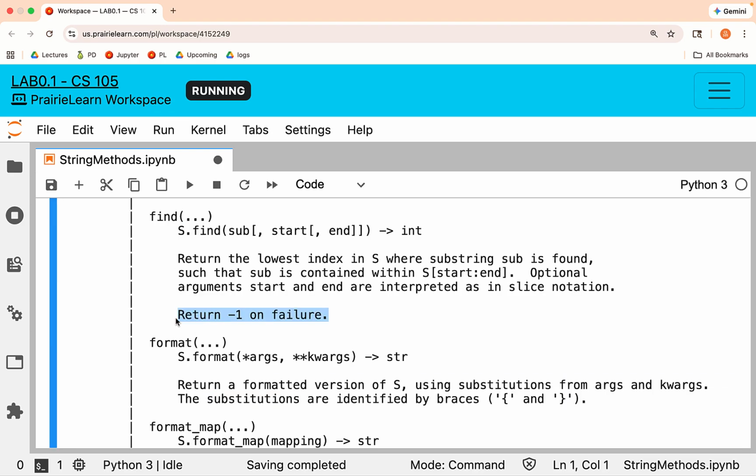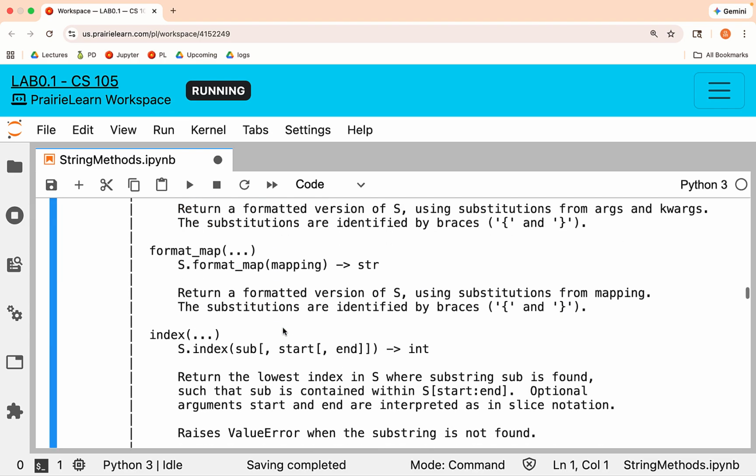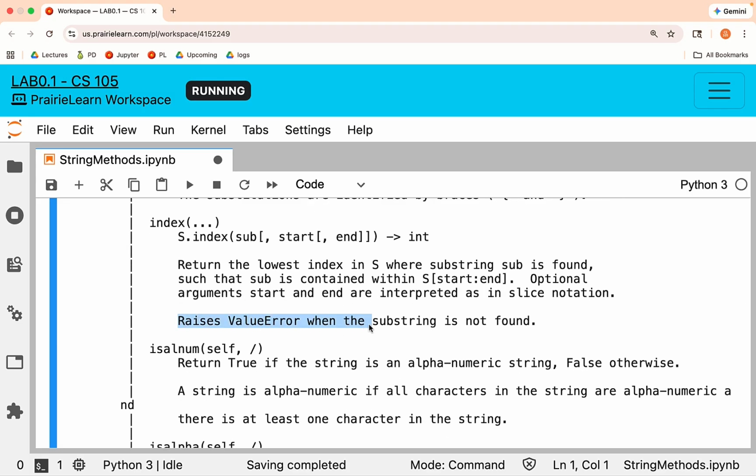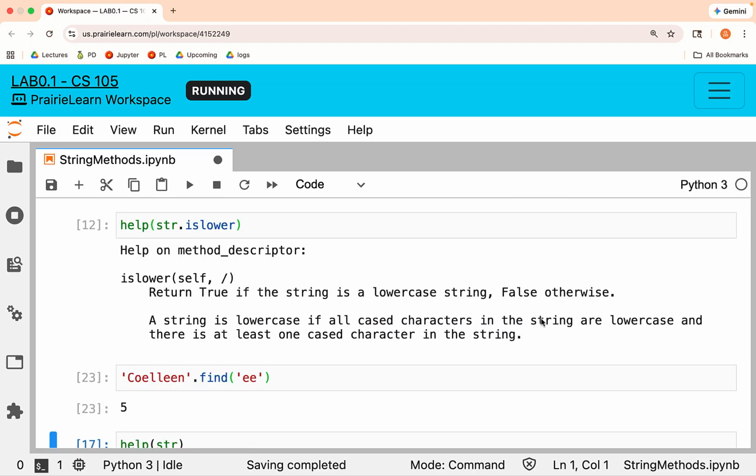Something that's relevant to know is that find returns -1 if we don't find it. There's another thing called index, and it raises a ValueError when the substring is not found. So sometimes it's easier to use find, sometimes it's easier to use index. We'll look at some of the harder methods in more detail, but for now, the big idea is that you